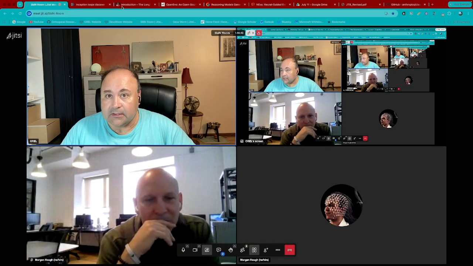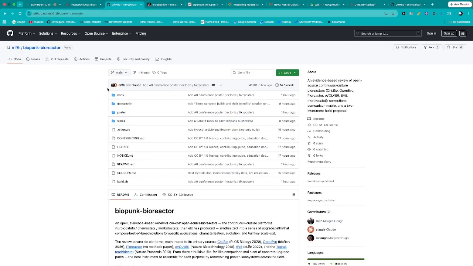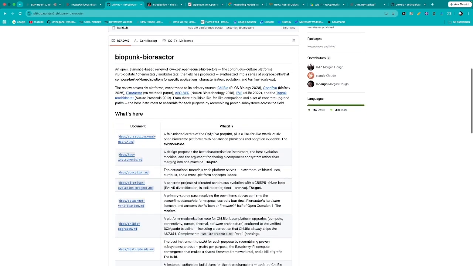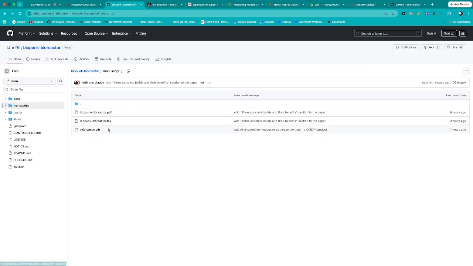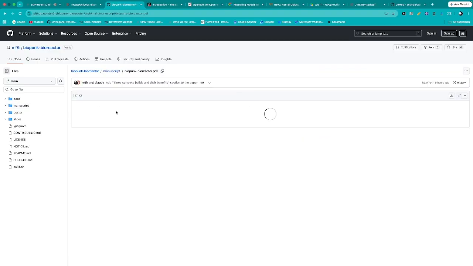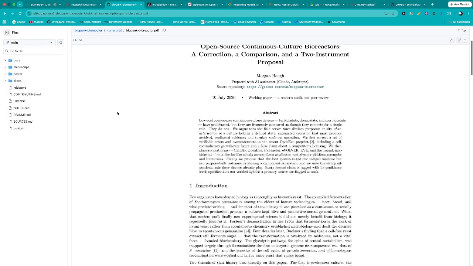The final thing I wanted to bring up from this is the repo, the organic repo, Biopunk-Bioreactor. You can see the manuscript. There are a couple of folders there with the manuscript, slides and posters. If you go to the PDF there,